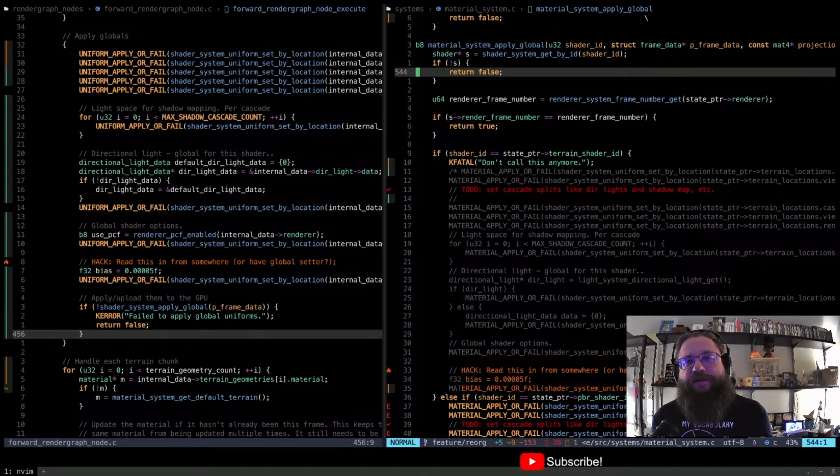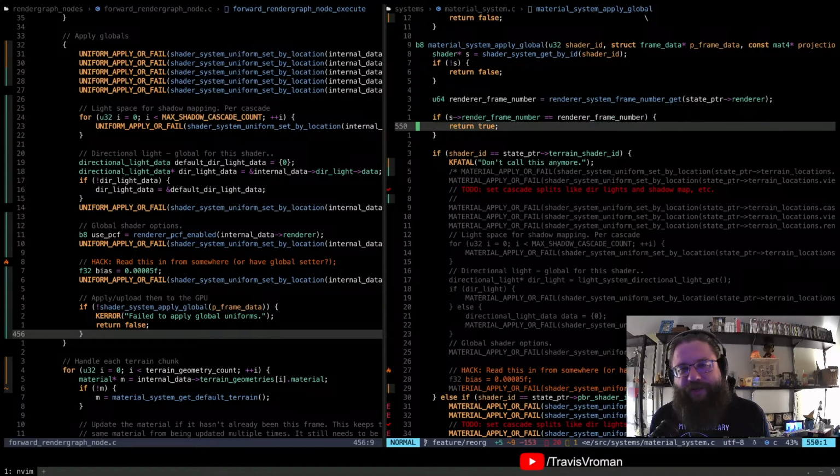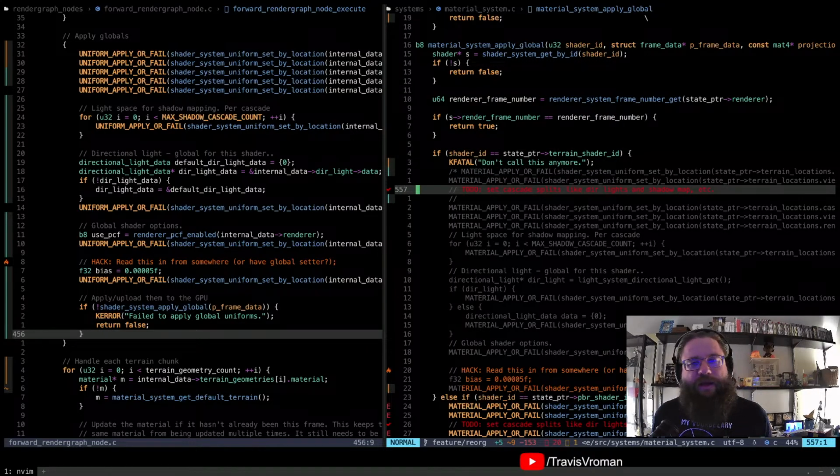So what we're going to do is go through our material system and remove anything that has anything to do whatsoever with shaders, or sending anything to the GPU, and take all of that out of the material system. The idea behind the material system is it's just going to manage materials and the properties of those materials, updating them, and so forth. In terms of actually applying those to the GPU, we're going to leave that up to whatever render graph node is using that. Separation of concerns is pretty important, and it's something that's been a long-standing thing that I've said several times on stream. We need to actually get these out of here, and so I've done that here.